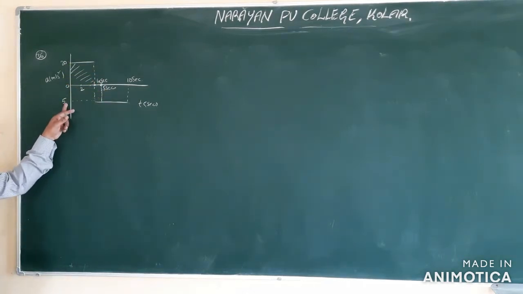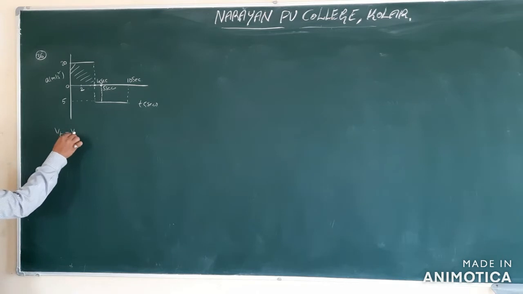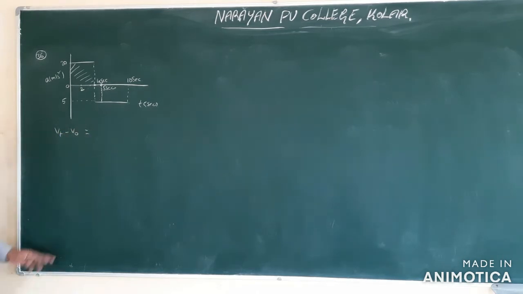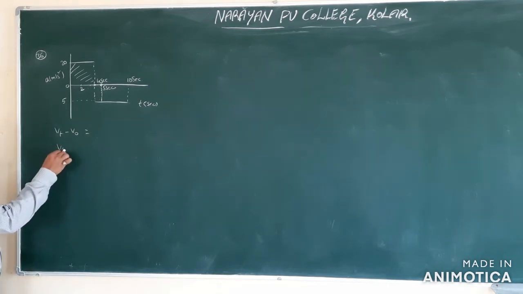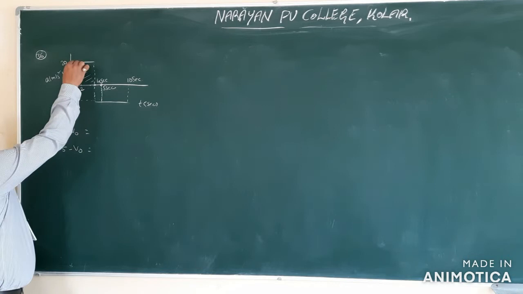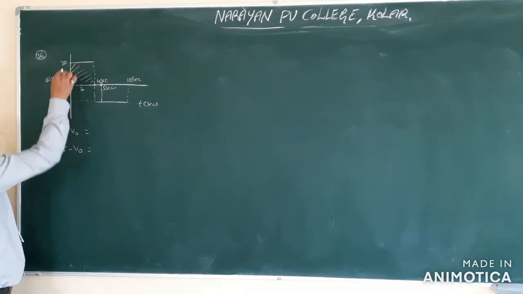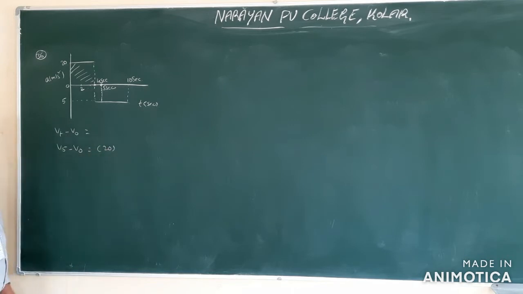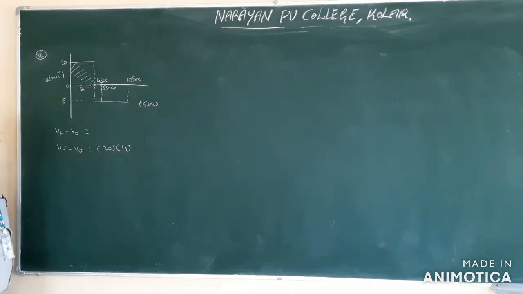This is giving negative acceleration, and this is giving positive acceleration. Therefore, change in velocity: Vt minus V0. The t value how much? 5 seconds. Therefore, V5 minus V0 is equal to this total area. This area is length into breadth. This length value, how much? 0 to 20 means 20. So 0 to 4 first, 0 to 4 means breadth value 4.